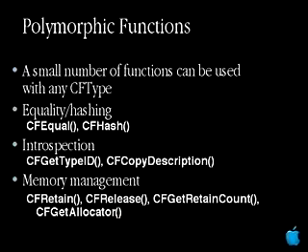There are a small number of polymorphic functions inside of CF. This is the entire list. These functions can be used with any CF type, regardless of class. So equality and hashing, CFEqual and CFHash. That's what allows us to add objects into collections and retrieve them out of it. There's a little bit of introspection. CFGetTypeID will return the type ID of the class. CFCopyDescription will provide a string description of the object. This is for debugging purposes only. These are not intended to show to the user. In fact, they will frequently have the hex address of the